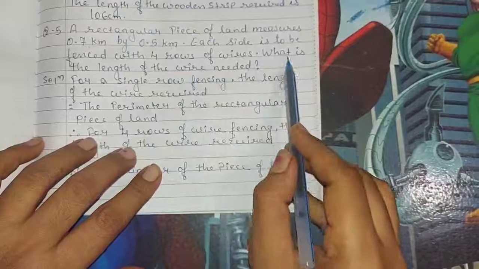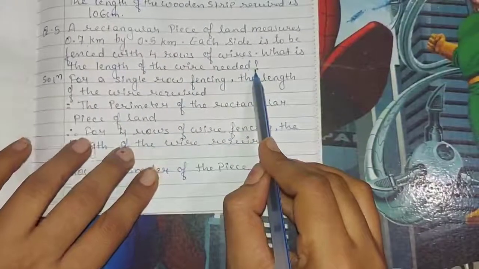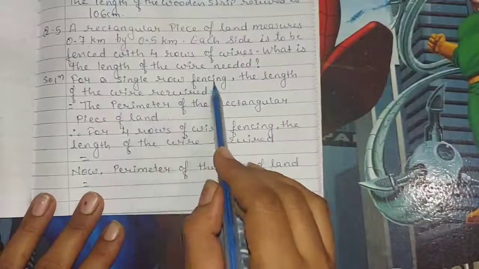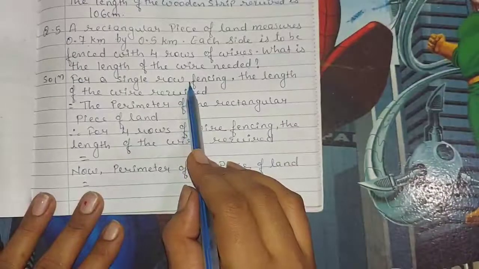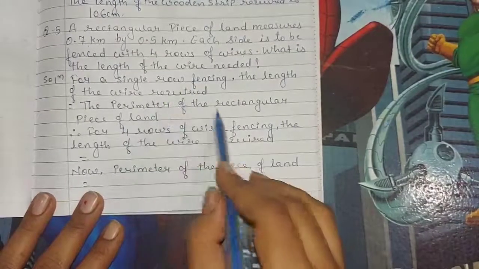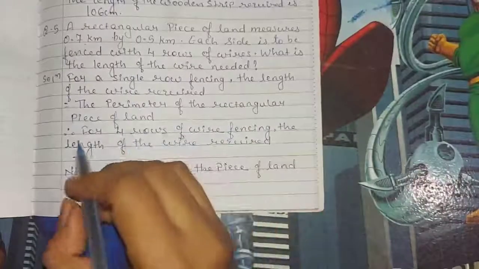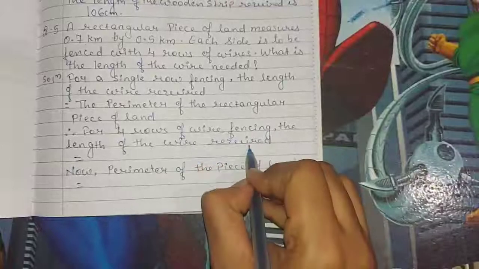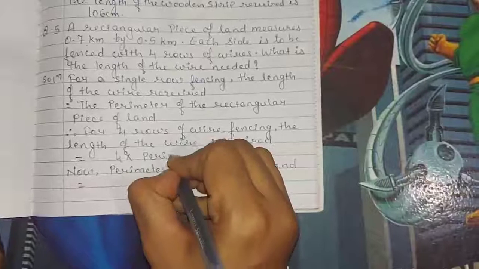So, 4 rows is fenced. What is asked? What is the length of the wire needed? How much wire is needed? So, let us find the answer to this question. For a single row fencing, the length of the wire required. First of all, we will find the single row fencing length and then we will multiply by 4. So, the perimeter of the rectangular piece of land is 2 into (length plus breadth). Therefore, for 4 rows of wire fencing, the length of the wire required is 4 multiplied by the perimeter